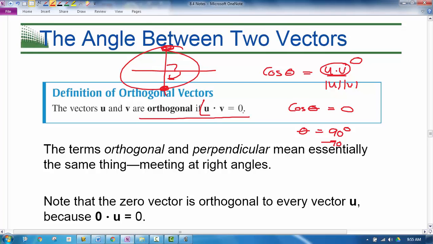So this orthogonal, if u dot v equals 0, should make sense. If the dot product gives you 0, then in this formula for the angle between two vectors, that means that the vectors are 90 degree increments apart from one another, which is perpendicular. So orthogonal just means